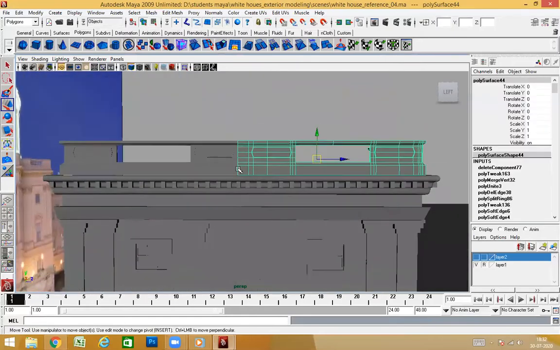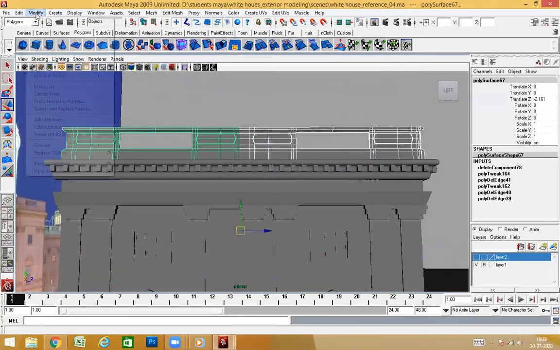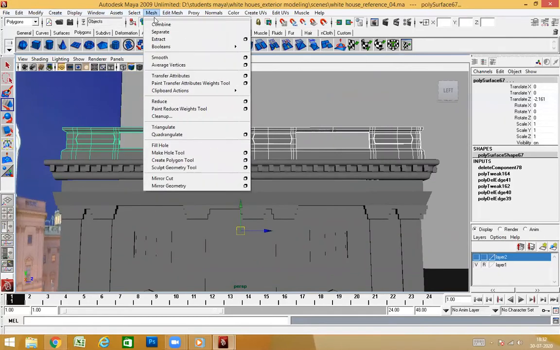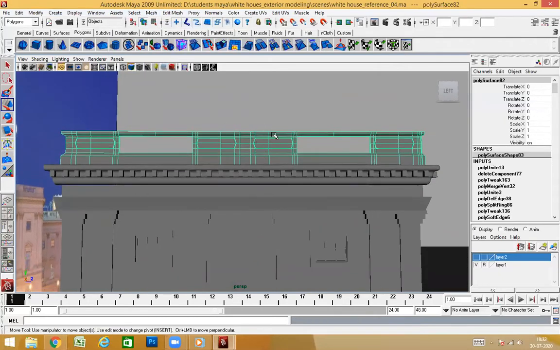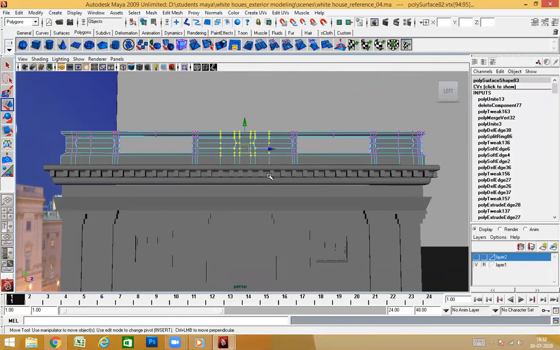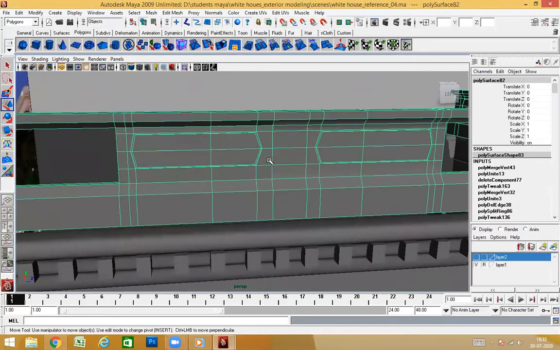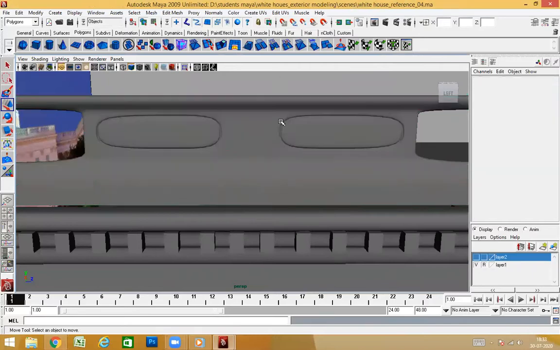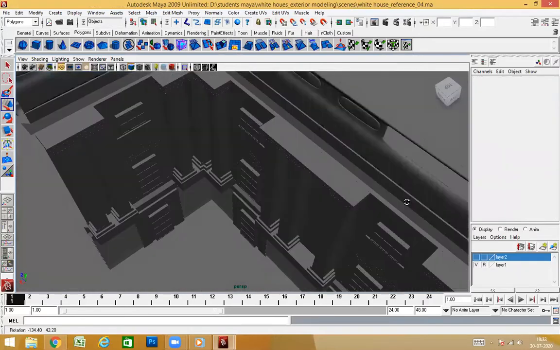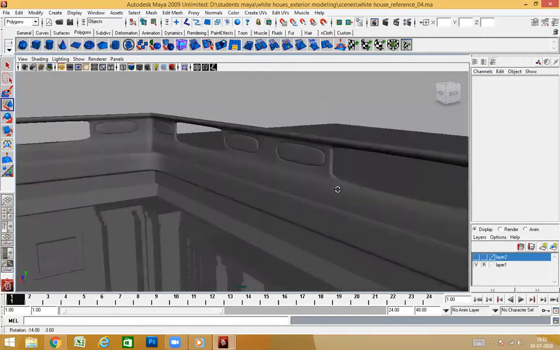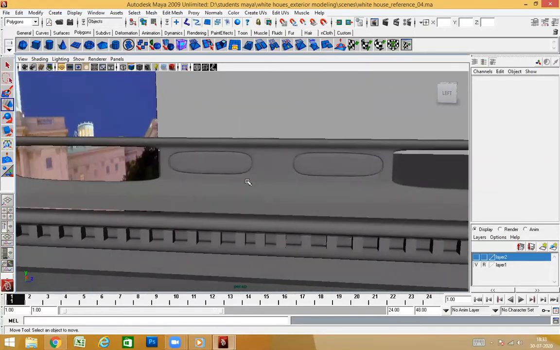And select this and mesh and combine, and select the vertices, whatever the vertices were there, merge vertices. Now press 3 and check. Yeah, no problem. Right